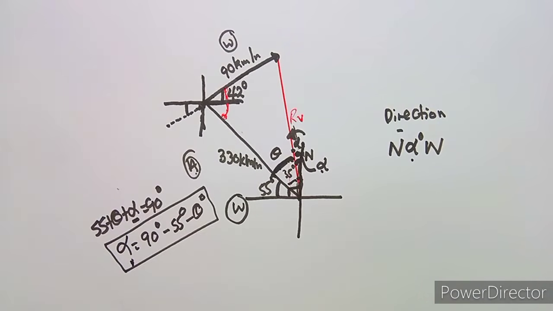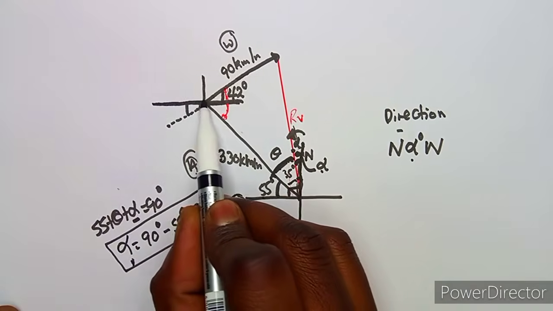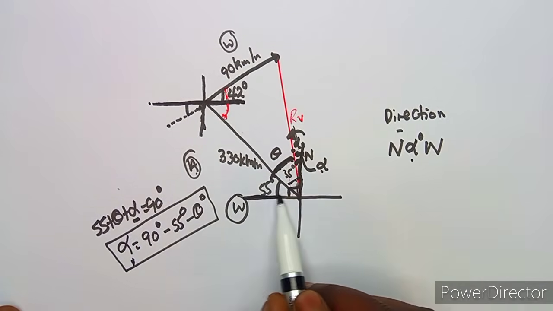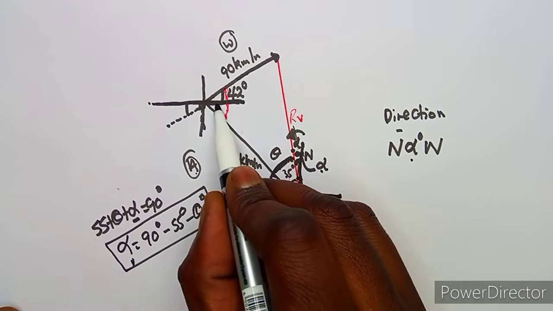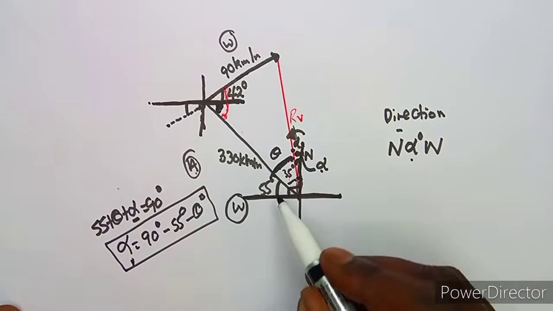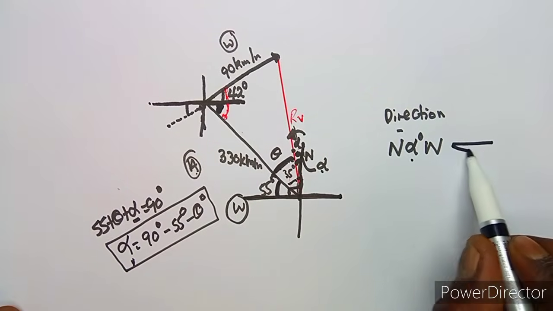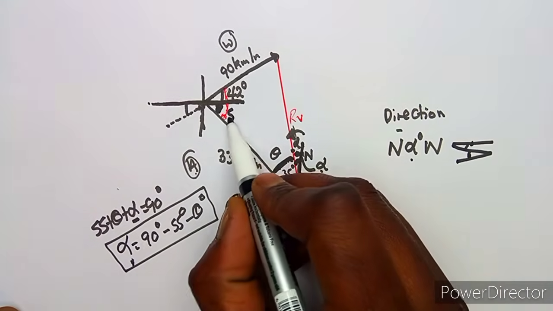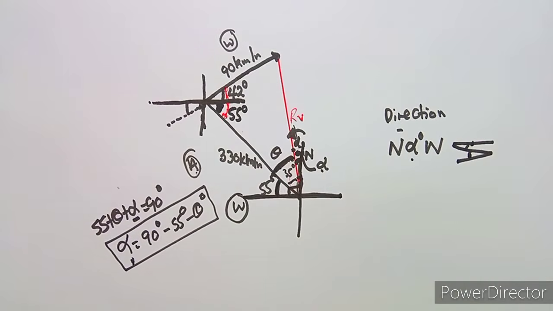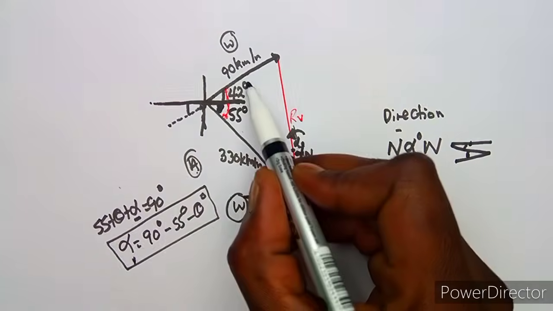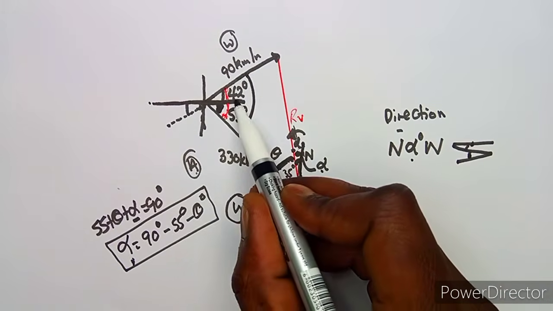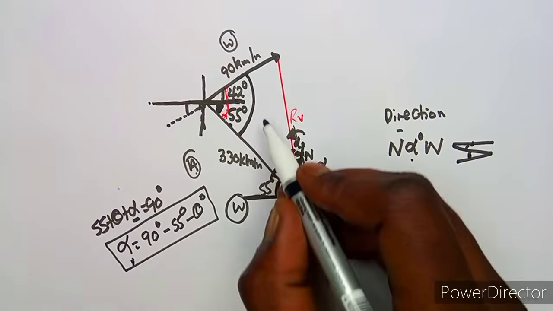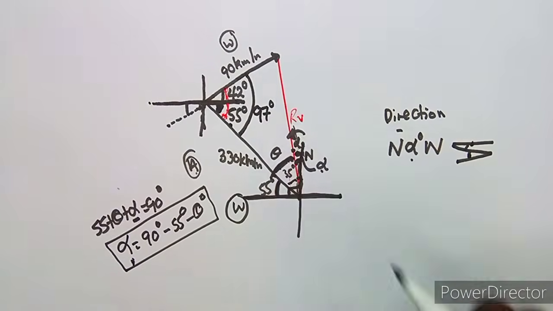All right, this is a relationship that you're supposed to know about parallel lines, because these are north lines. These lines here, they are not going to meet. This line from west to east, and this one from west to east, they are parallel lines. So that means this angle here that I'm indicating, and this angle, they are equal. From your mathematics, guys, alternate angles, these ones which give us a Z. So if this is 55, this is also 55 degrees. All right, so easier. So this whole angle, the one that we want, we are going to add 42 plus 55, that is going to be your whole angle, which is 97 degrees.